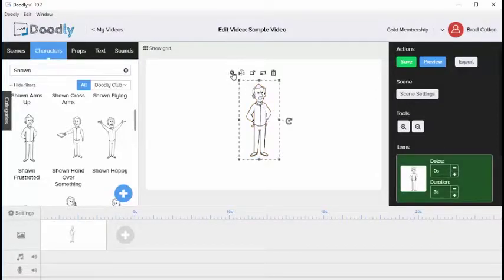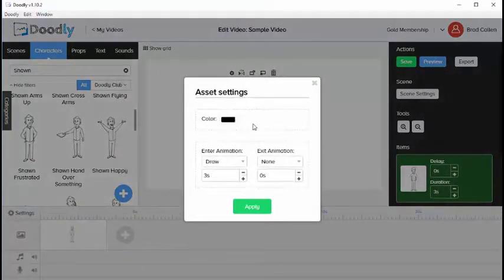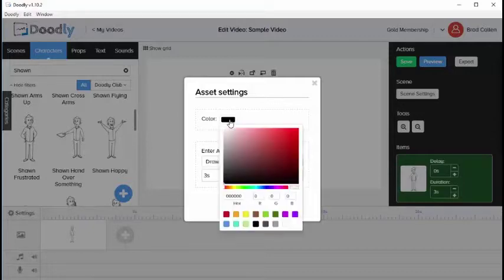And we're going to click on this little gear icon here. This is the settings icon. When we click this, we're going to be presented with several options. The first option is we can change the color of this specific object. You can do that by entering the hex code here, or you can simply drag the bars around and choose a color. I'm going to take this over to blue,